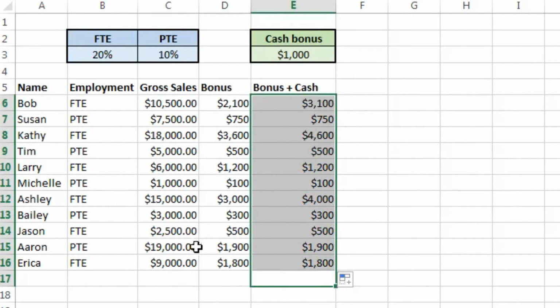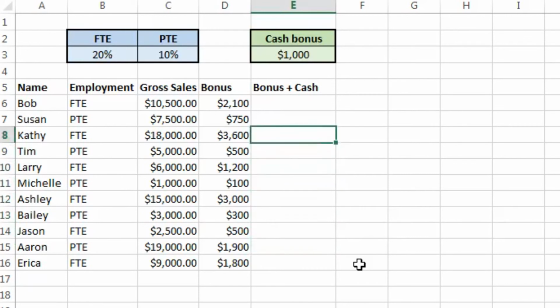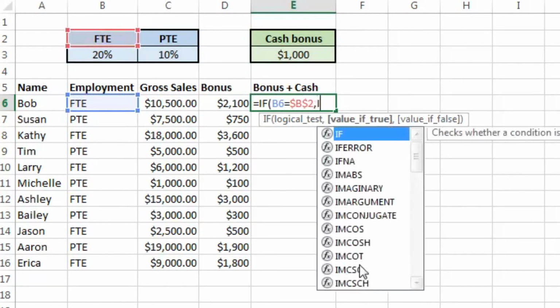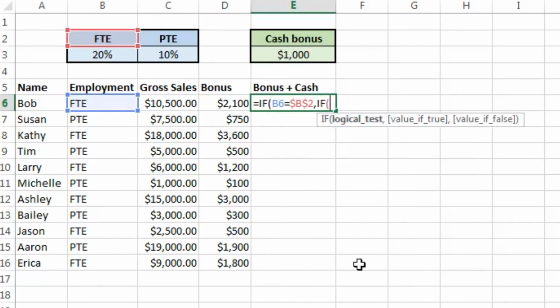Now let's assume that this middle column was not here. We would have to calculate it. It would be a little longer to calculate, but we can do it the same way. So if full-time is equal to full-time, and if their sales were greater than 10,000, then we would just take sales, we're going to have to put a parenthesis here, multiplied by that 20% plus cash bonus,